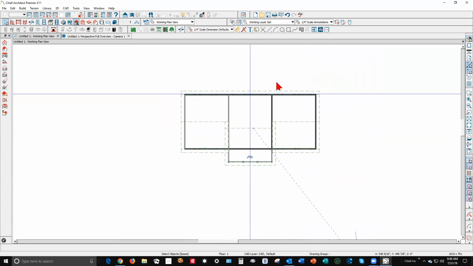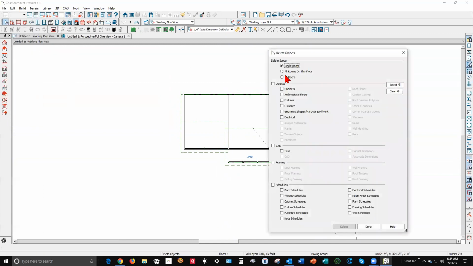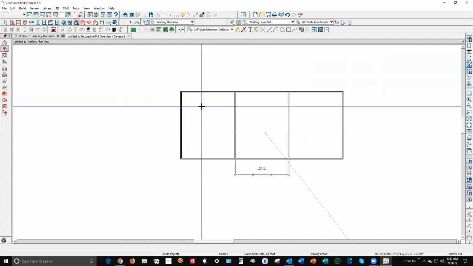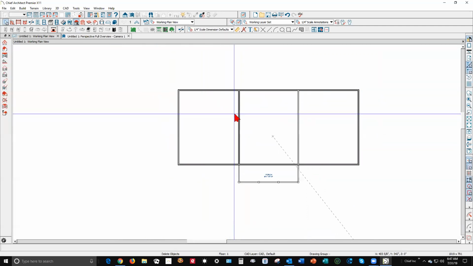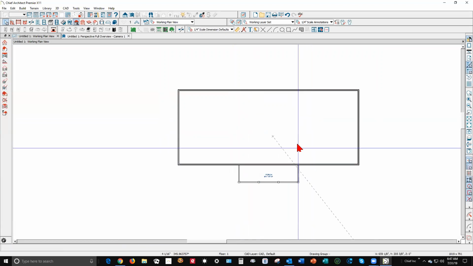The other way, I'm going to delete the roofs. Delete objects, yeah. When you go all floors, of course there's only one floor, but where's CAD? There it is. No. Roof planes, okay, delete. Another way to do this, we'll get rid of the temporary walls. Same wall layout. We'll just